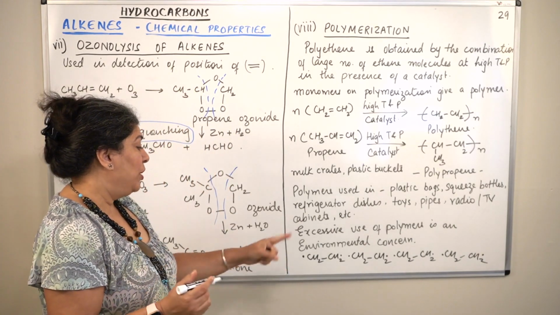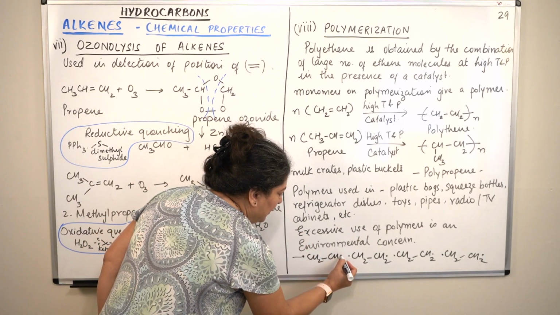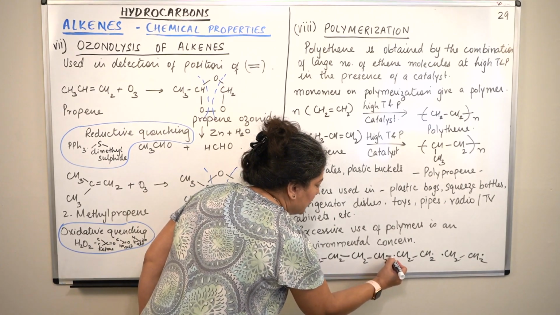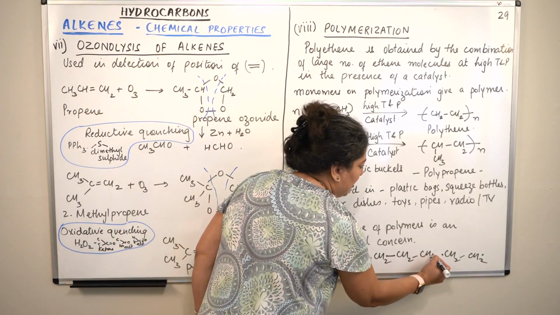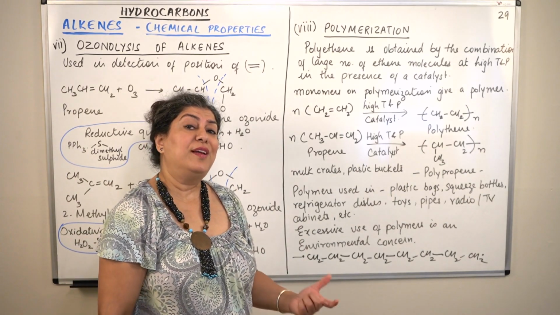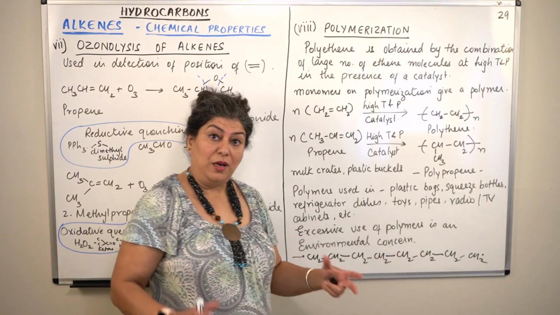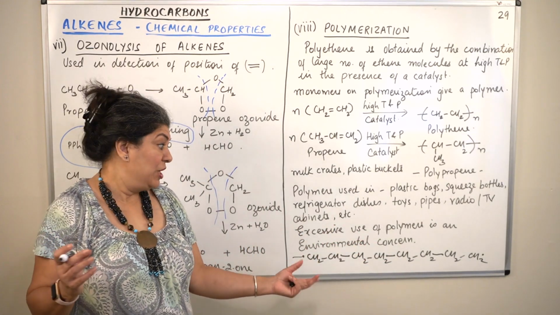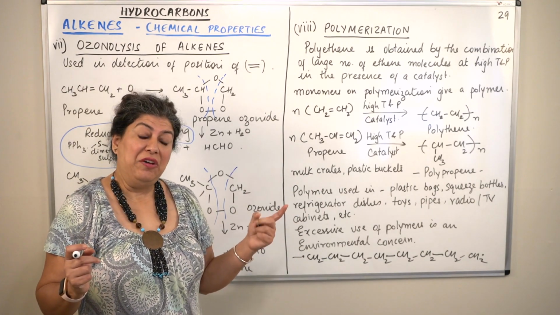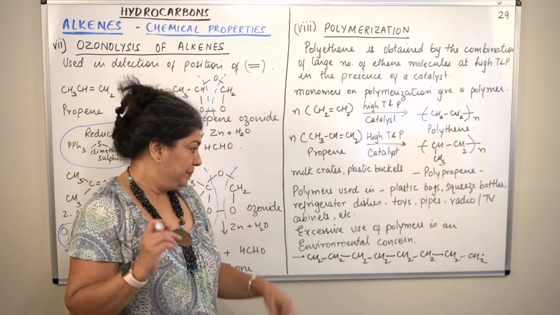So what do these molecules do? This remains dangling as it is. These two decide to form a single bond between them. They'll share the pair of electrons and form single bonds. And you know that single bonds are stronger than double bonds. Therefore, this larger giant molecule as it is formed will be far more stable in comparison to an alkene, which is so reactive because of the presence of that weaker pi bond.